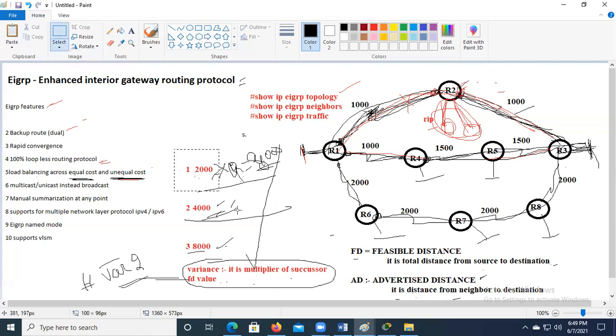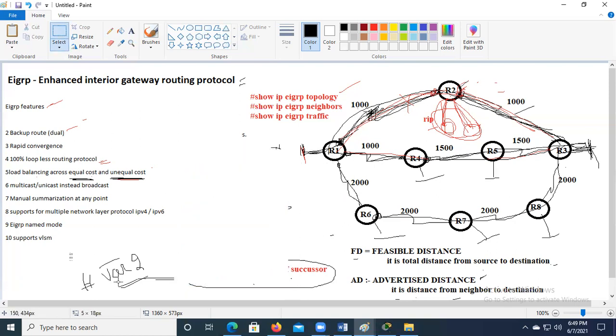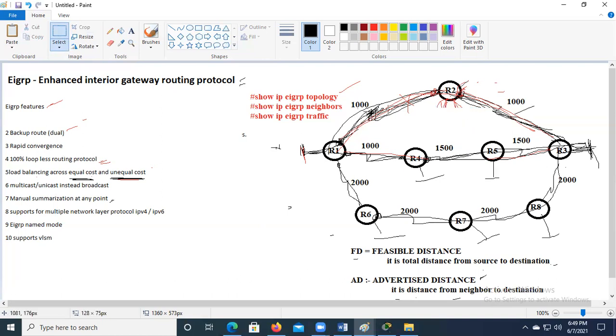And also when you are configuring EIGRP, there is manual summarization at any point. For example, say router 1 has some 50 branches, and router 2 has so many routes, consider maybe 50.